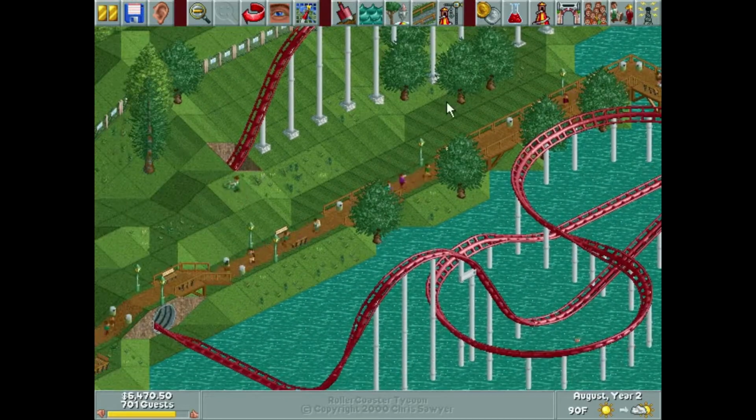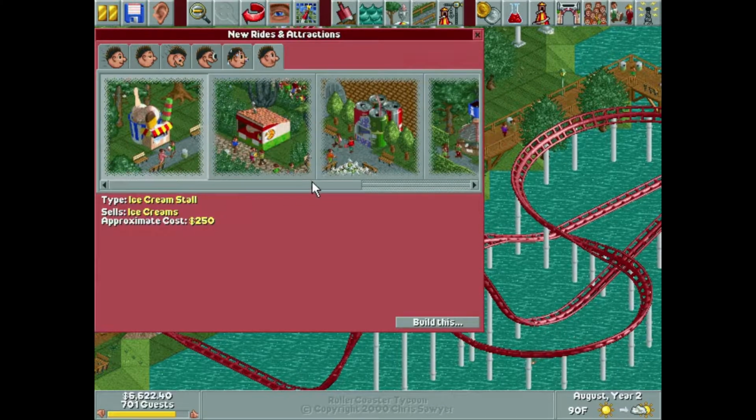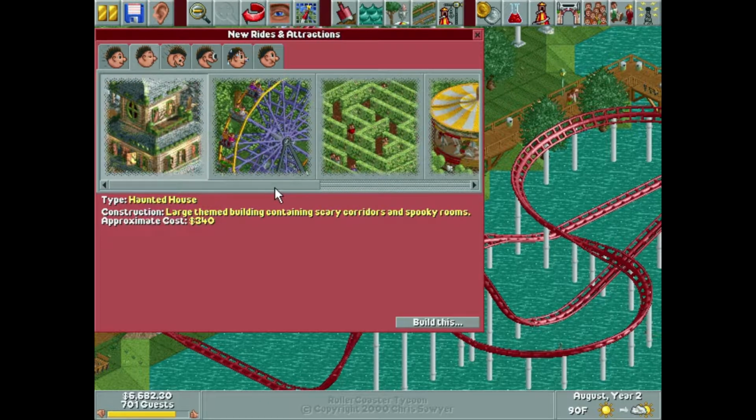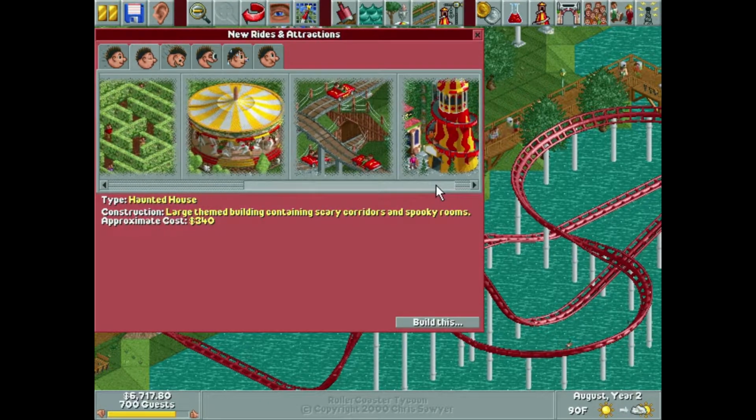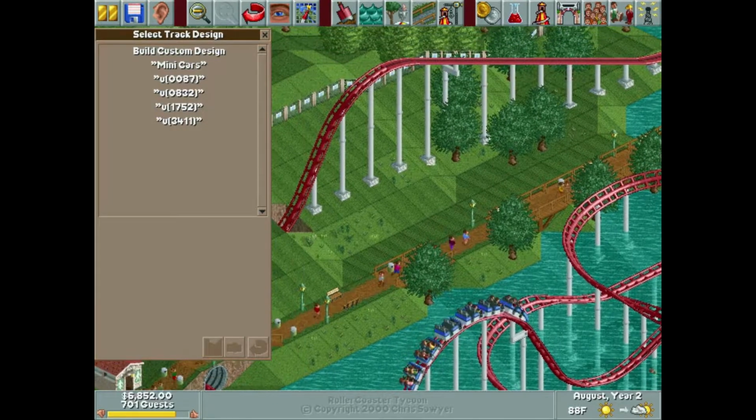We need something right here. This area is kind of barren. What do we have? Oh, we got a log flume. Fun. Any new stalls? Nope. Any new gentle rides? We could do a car ride. Give him something. Yeah, we'll do a car ride right here. I think that's...